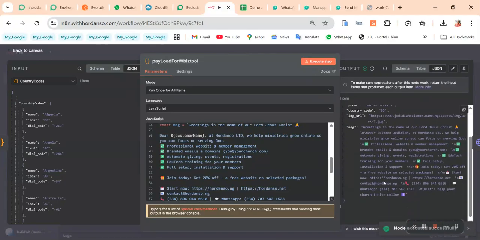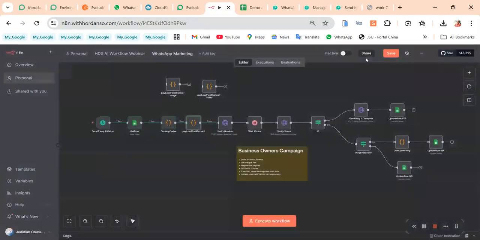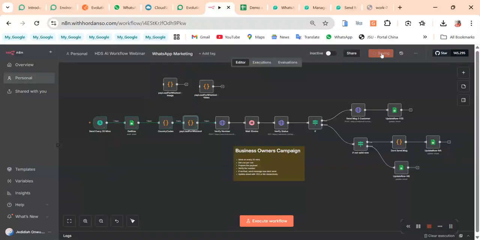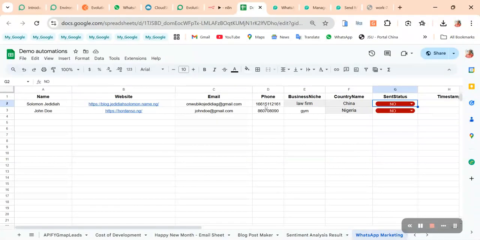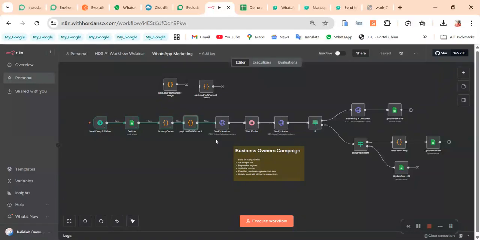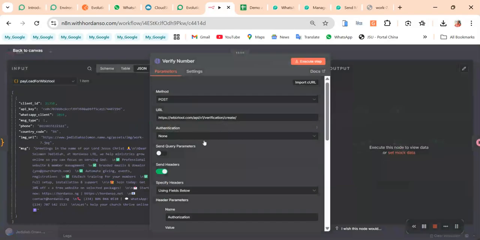So we have the message and everything that we are sending. Okay, let me send it to a different number. Okay, that is the number, so it's going there. Normally we're supposed to verify it, but because the account is not